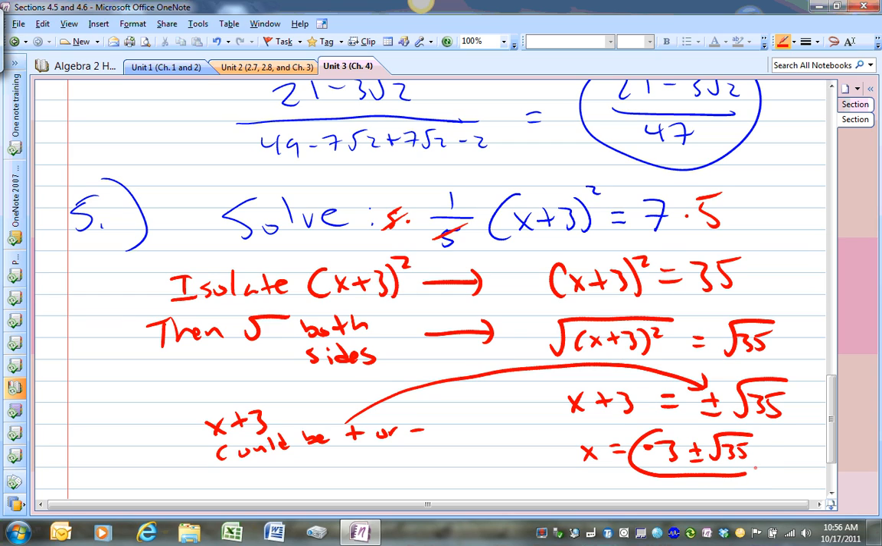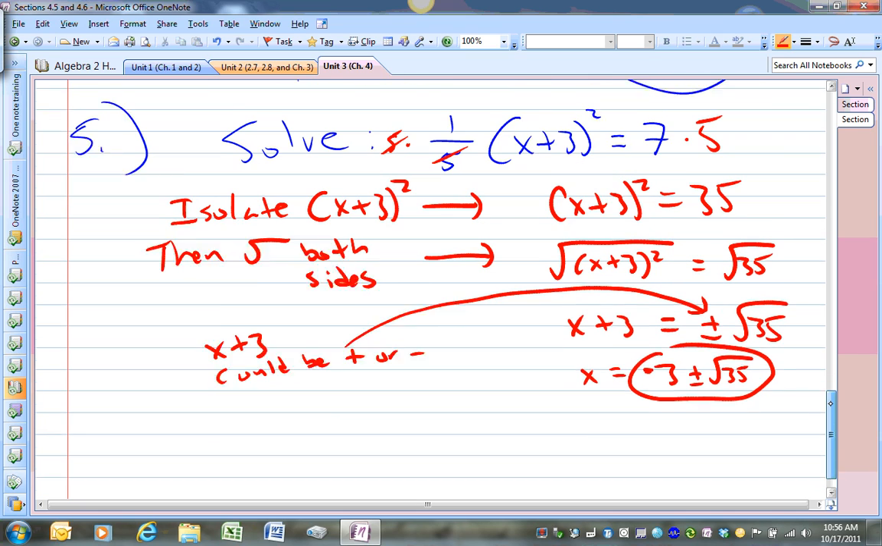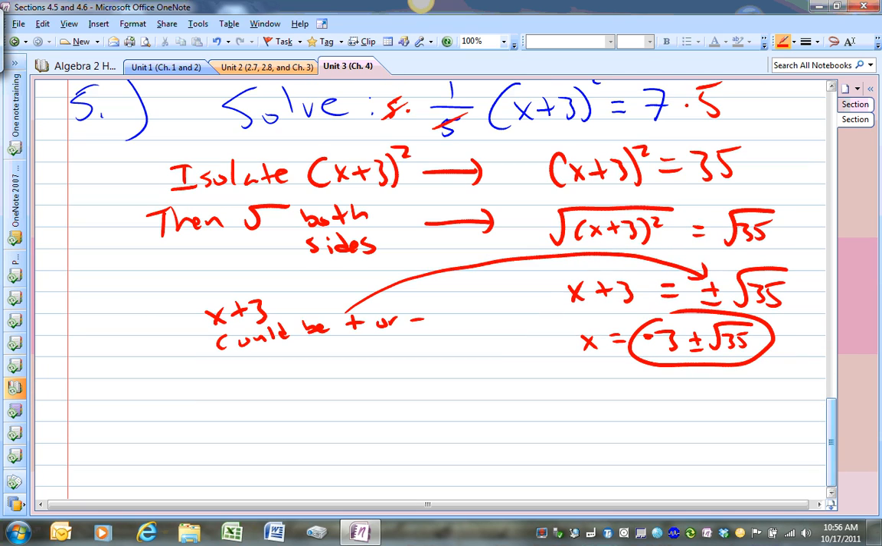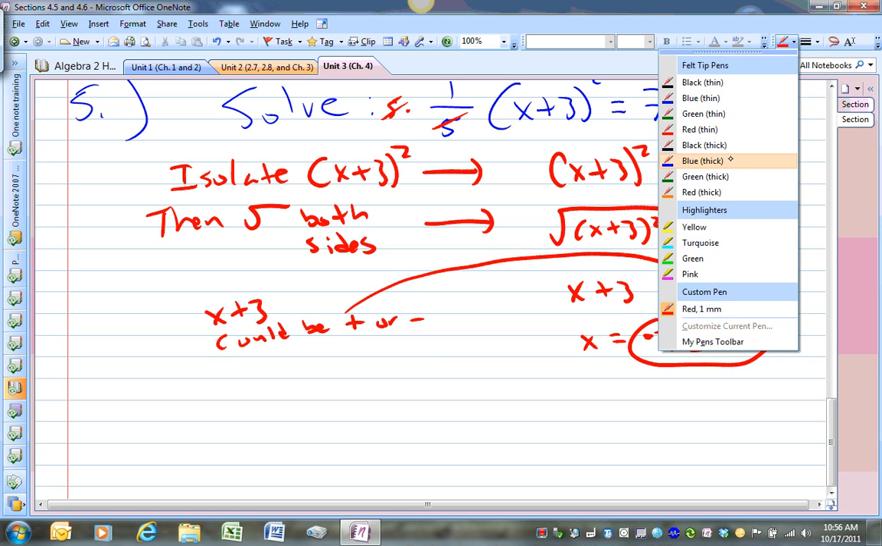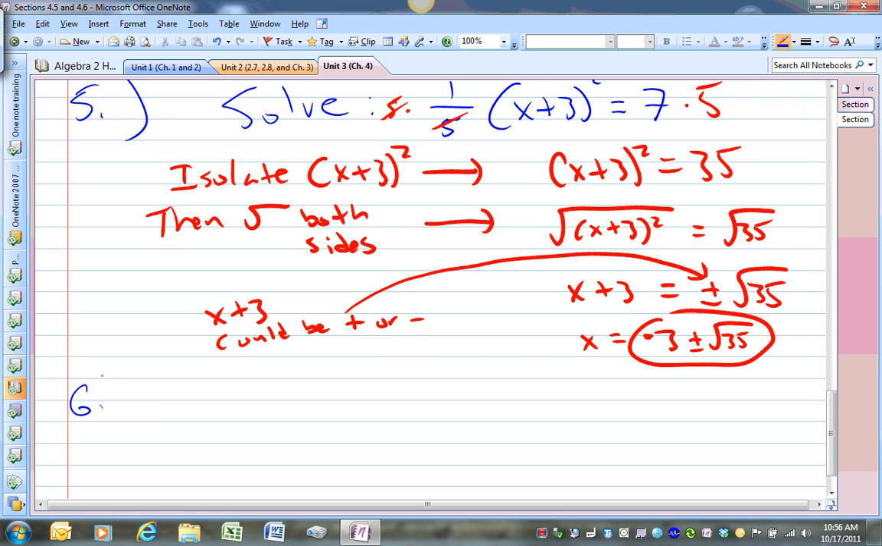You could have foiled x plus 3 squared and then used the quadratic formula, which we're actually going to do, I think in 4.7. No, take it back, I think 4.8, yeah. But this is actually a more efficient way. Here's another example, a little simpler. Probably should have started with that one. So you have to solve